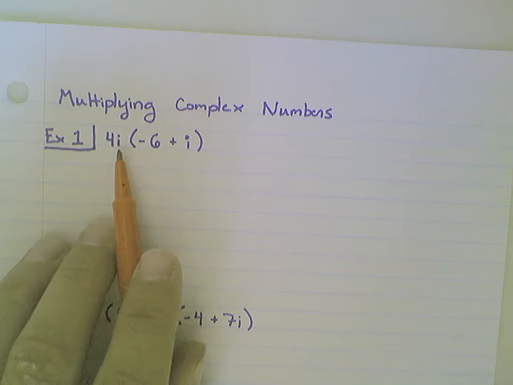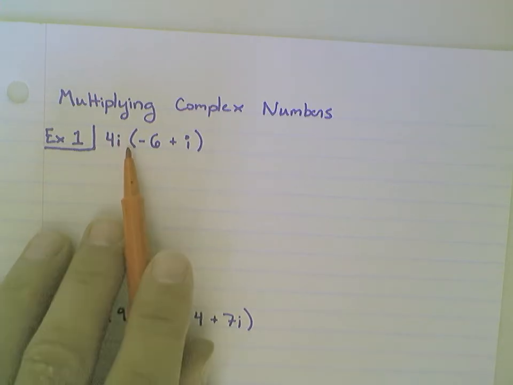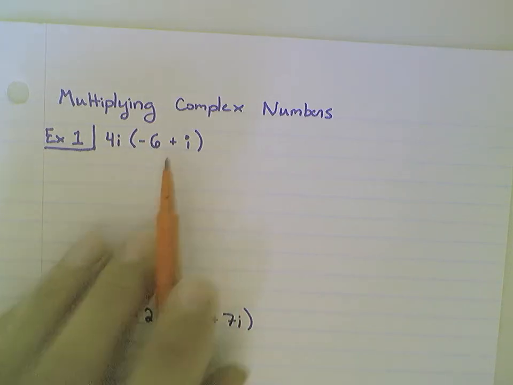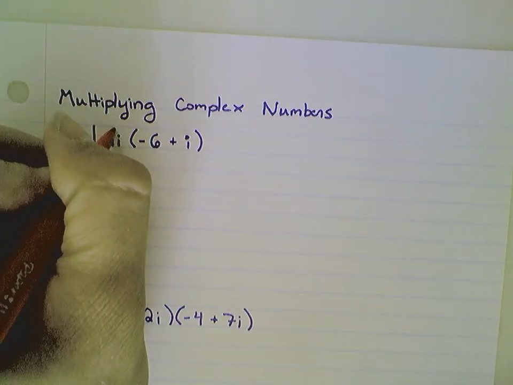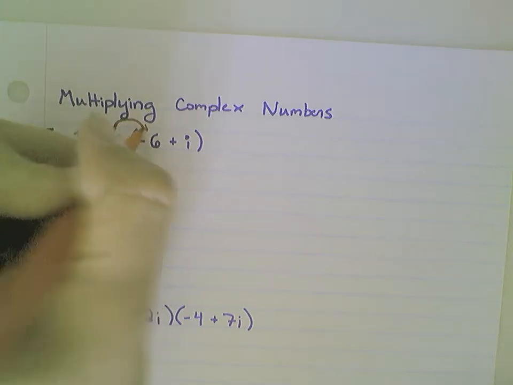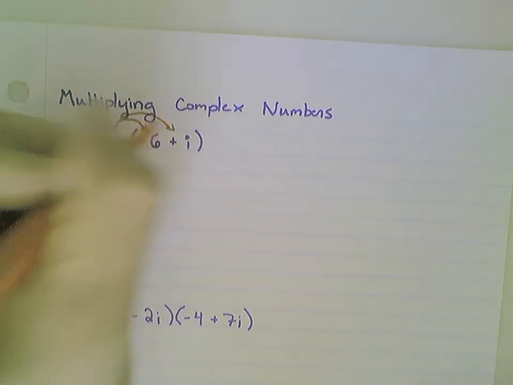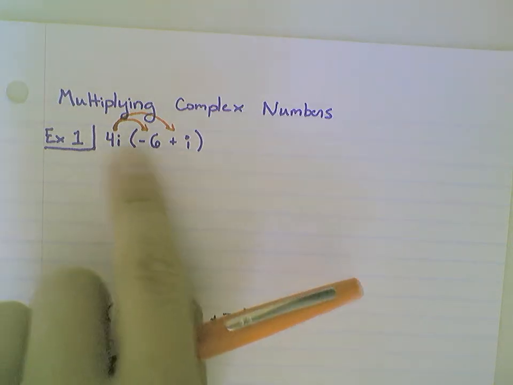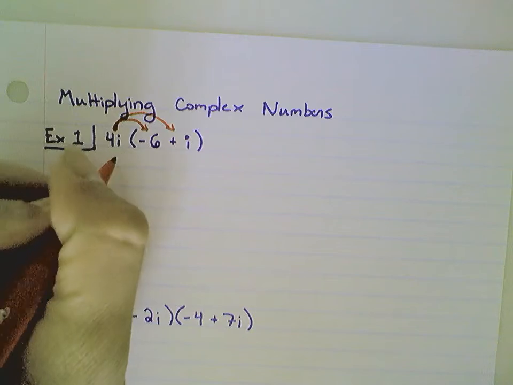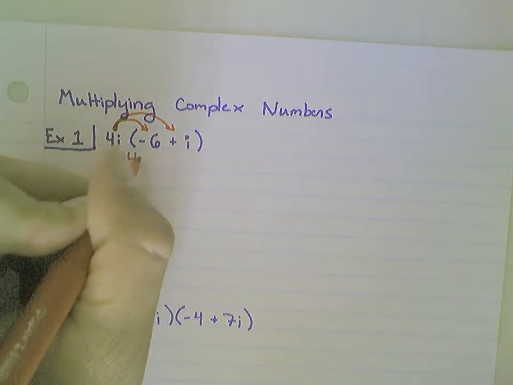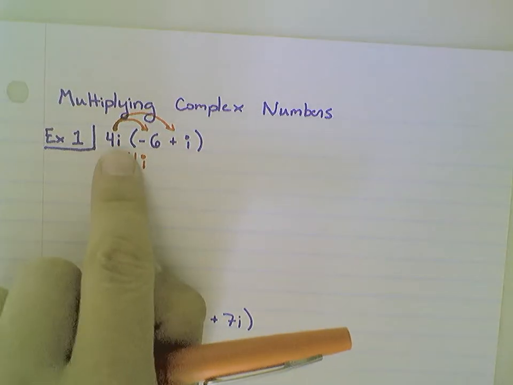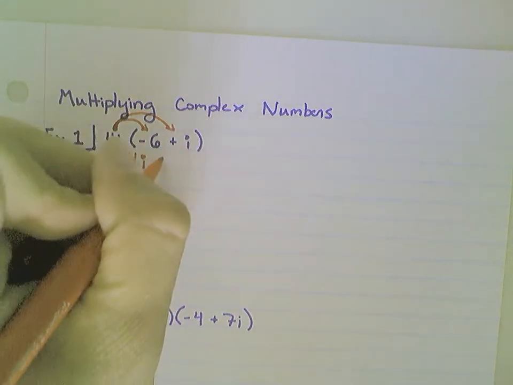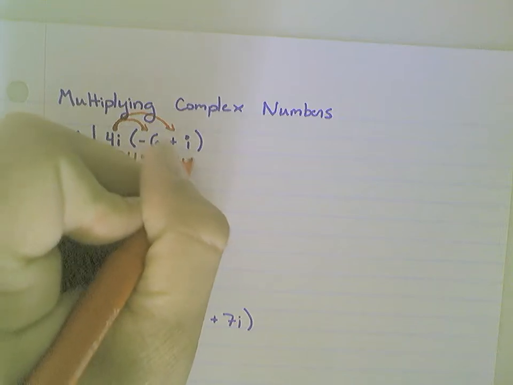So whenever I have a numerical value or term out in front of parentheses and I'm multiplying the two, the property that we end up using is called distribution. So we multiply what's on the outside to both terms on the inside. So if I take 4i times negative 6, well, that's just going to be a negative 24i. And then if I take 4i times a positive i, well, that's just really going to be a positive 4i